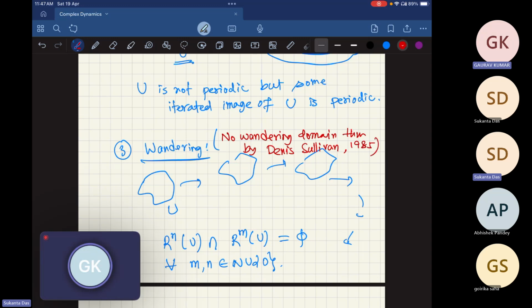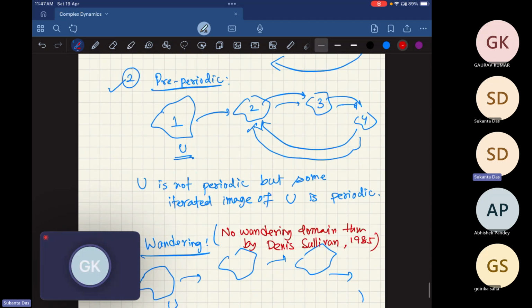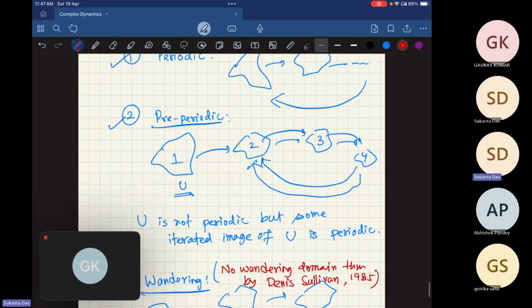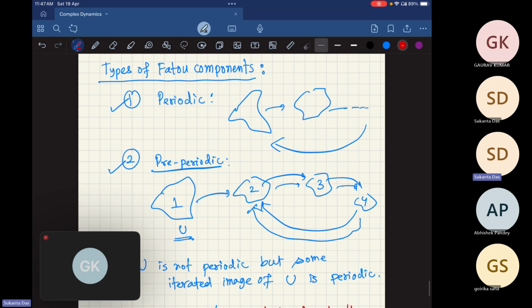Yes, Sukant. Whenever you define a wandering domain, I think m is not equal to n also, no? Yes, here m is not equal to n. Yes, because the purpose of defining this wandering domain here is of great importance, because these kinds of domains